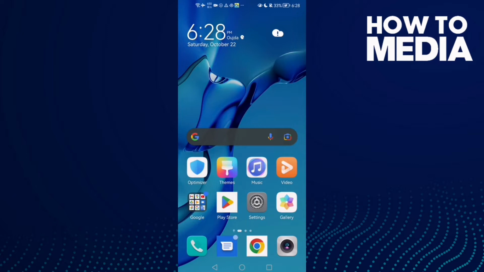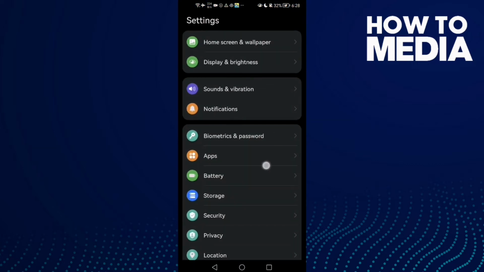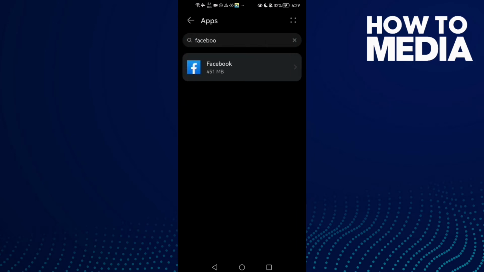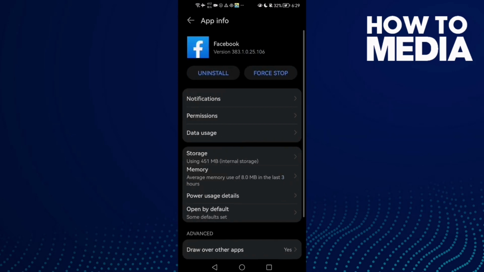First thing, just try to restart your phone and try again, and that might fix your problem. And if that doesn't fix your problem, just go to settings and then scroll down until you find apps, and then apps again. Now click Facebook